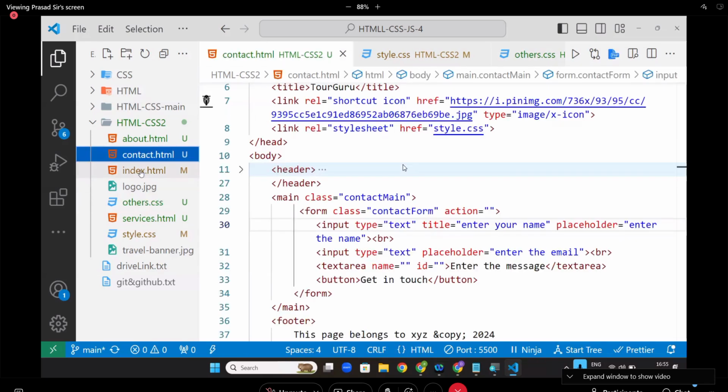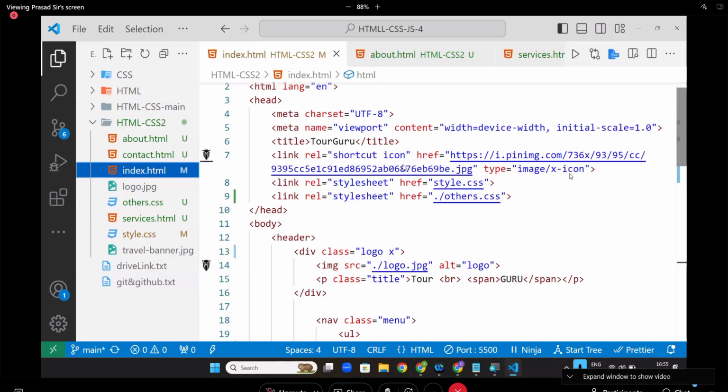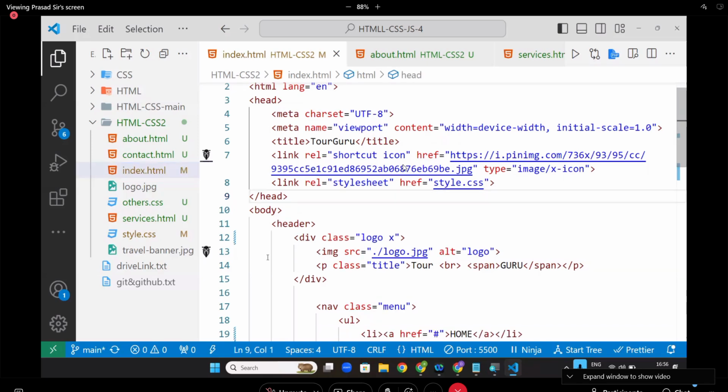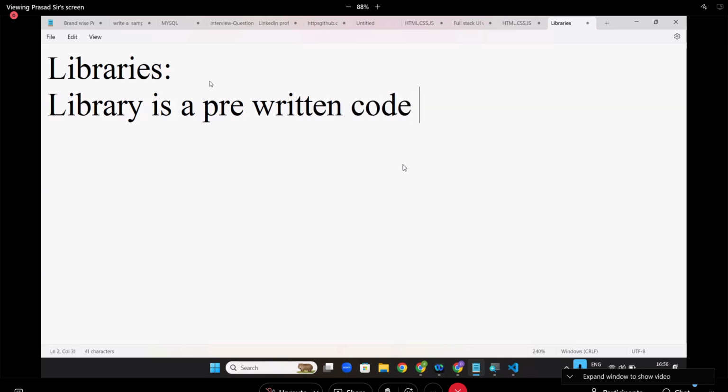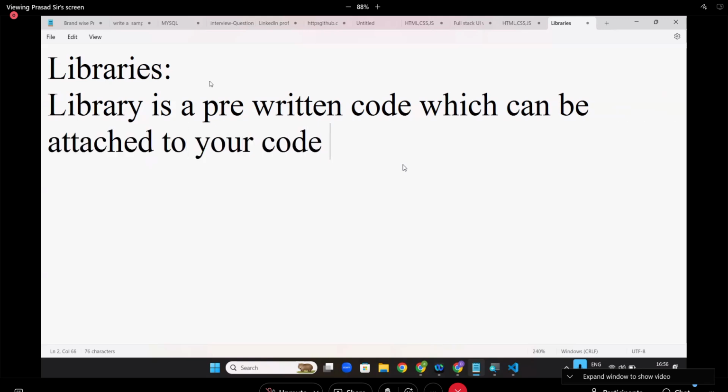Let's go here. Libraries. A library is predefined code, pre-written code, which can be attached to your code by CDN links and used. Famous CSS libraries are